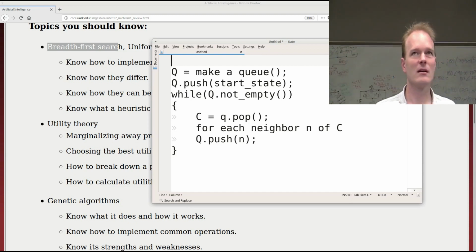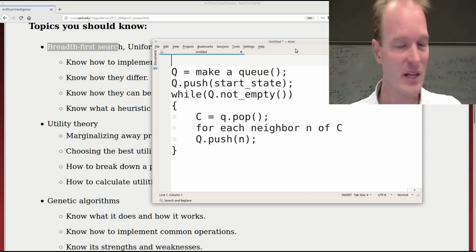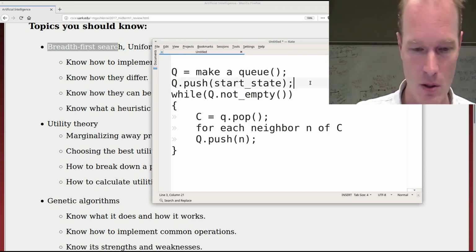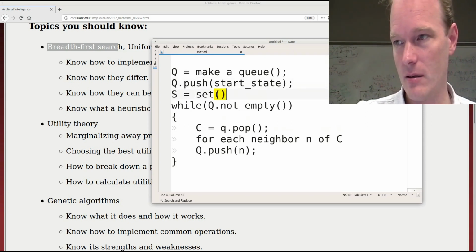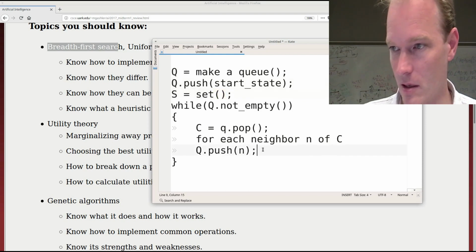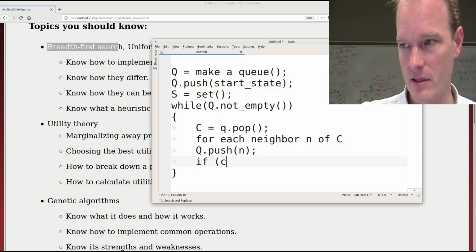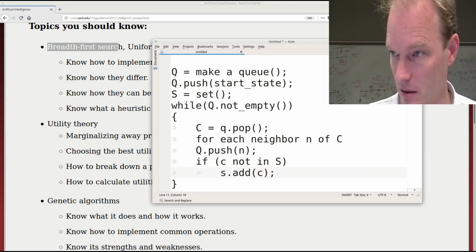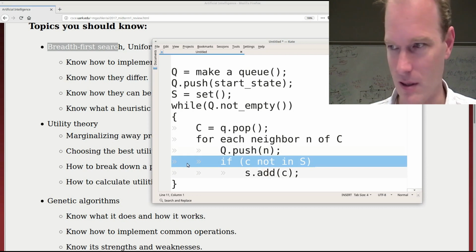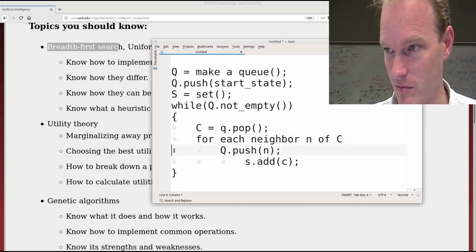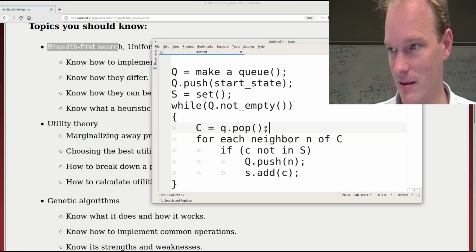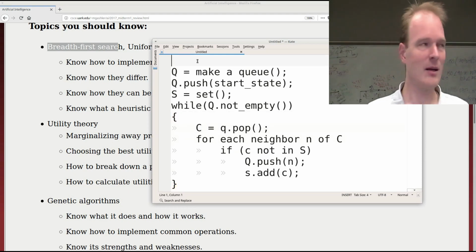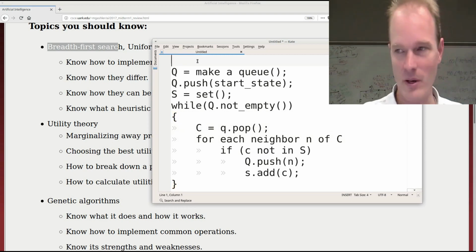Did you follow that? Okay, so not all implementations of breadth first search have that set, but we did, and you should know that maybe you need one. So s equals set. And you might add in here, if C is not in S, s.add C, or, well, we know it's not. That should actually be here, like that. There you go, something like that. Okay, there, now we've done breadth first search. Except we didn't detect the goal. Somewhere you better say there,